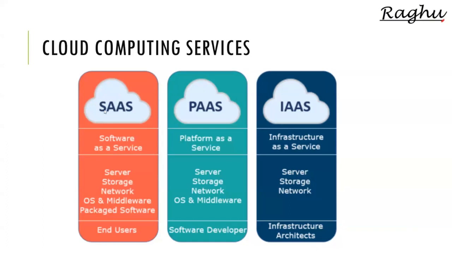This is software as a service, SaaS. Next one, platform as a service, PaaS. Next one, infrastructure as a service, IaaS. Infrastructure is going to speak about the physical machine. Platform as a service indicates the next level above the hardware machines, like middleware software. It is actually going to speak about the OS, which is running on top of the hardware.